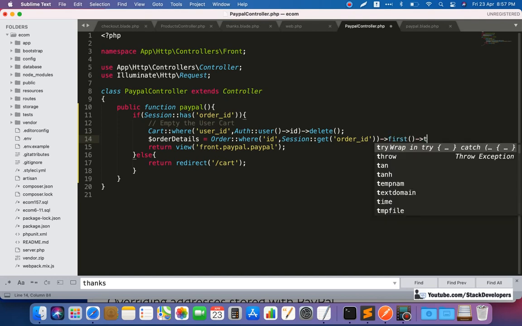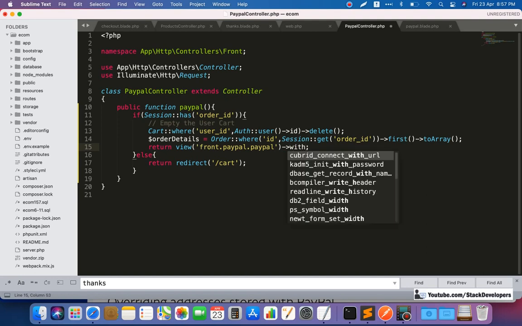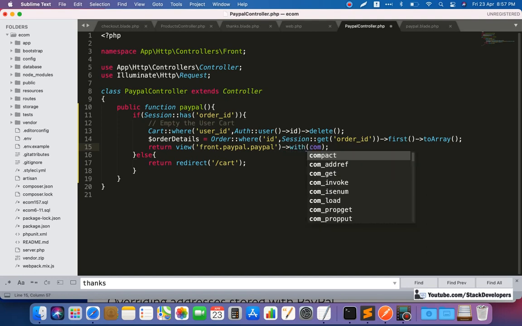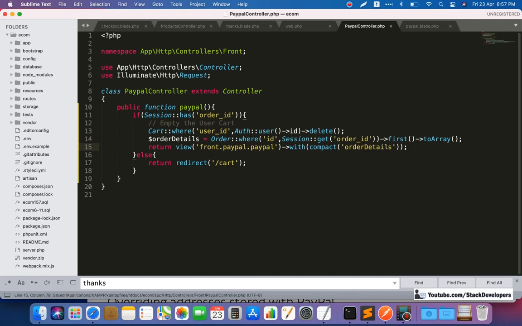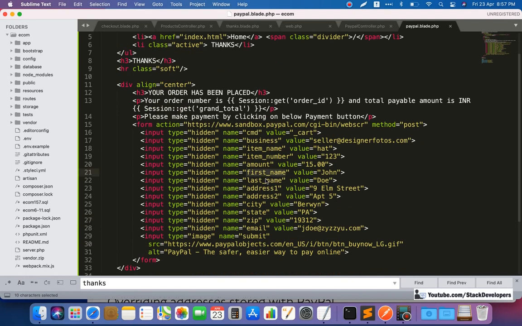I am going to have the details in an array. Okay, so this is the order details that we will send in the PayPal form. Okay, fine. And one more thing here, you can see in the form that we need to send first and last